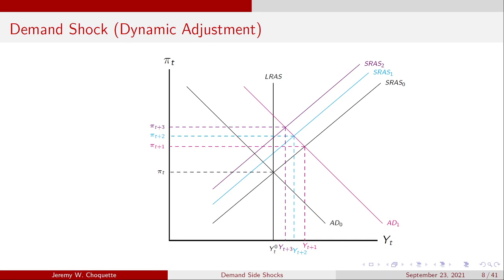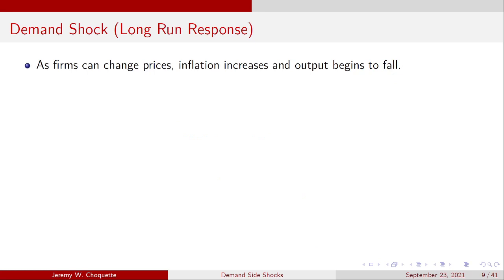So when they raise prices, you're going to have an increase in inflation. And so short run aggregate supply shifts in a little bit. They raise prices, inflation goes up, and output's going to drop a little bit. So we go from yt plus 2 to yt plus 3, right? So now the new equilibrium we're in is this one with the purple dotted lines. pi t plus 3, yt plus 3. And so as more firms are able to change their prices, inflation increases and